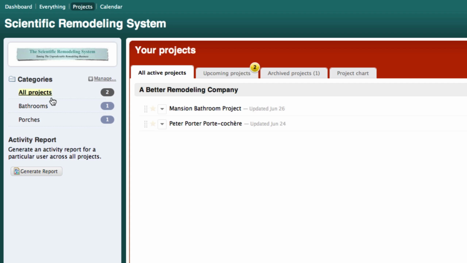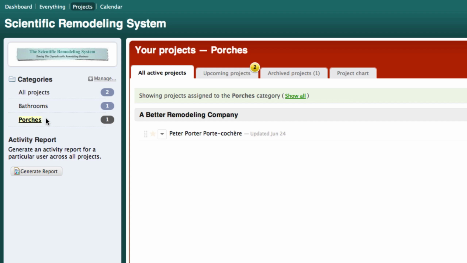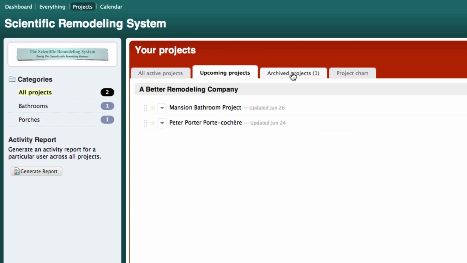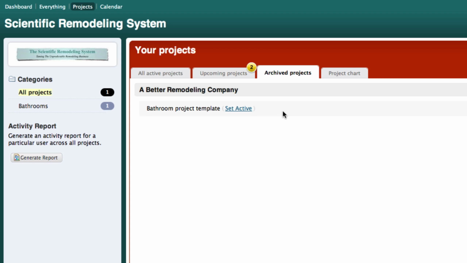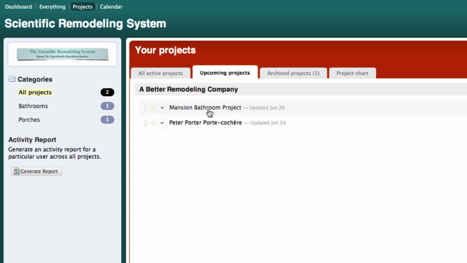Over here on the sidebar we can see the categories: all projects, bathrooms, and porches. If we hit porches, for instance, we would go to the Peter Porter Porte Cochere project. If we hit bathrooms, we would go to the mansion bathroom. Upcoming projects would be both of these again. Archive projects are templates that you might save. In other words, this is a template of the mansion bathroom project, which I can use over and over again